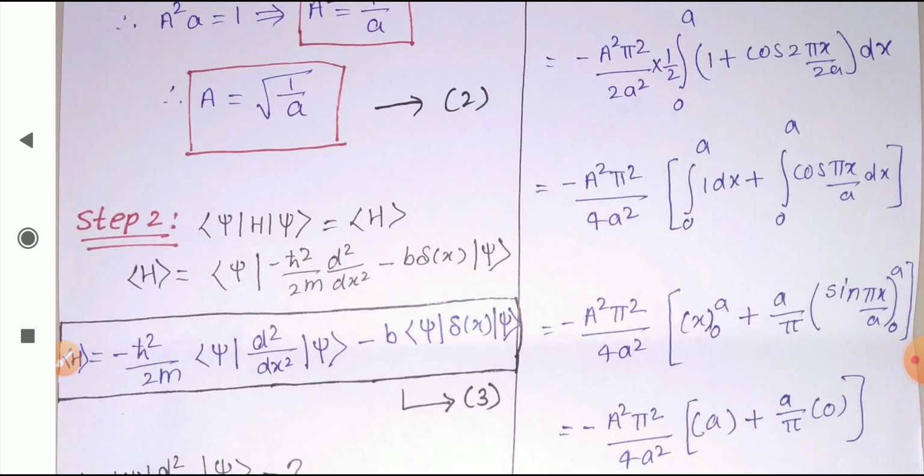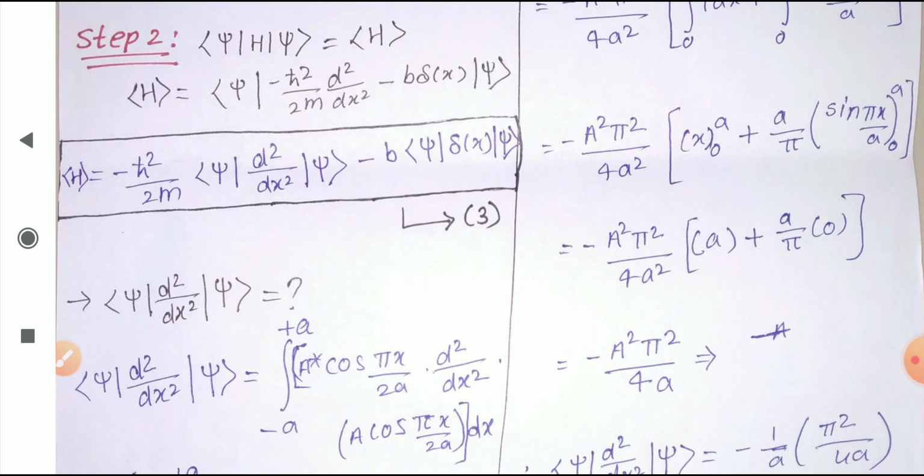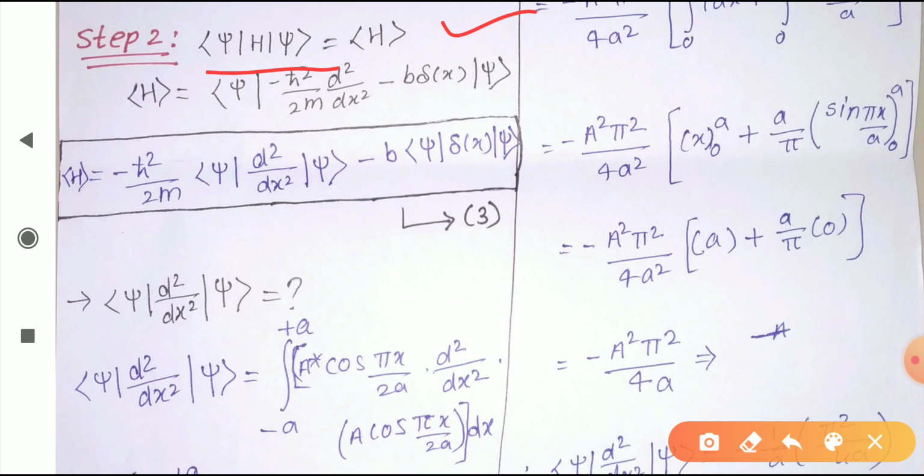Now we are done with this unknown value of a. So now we start with our second step. Our second step is what? To find the expectation value of H. This we have to find to get the ground state energy. So now we will use the formula of the expectation value of H, that is this we will use. Clear? Because the normalization condition we have already done.